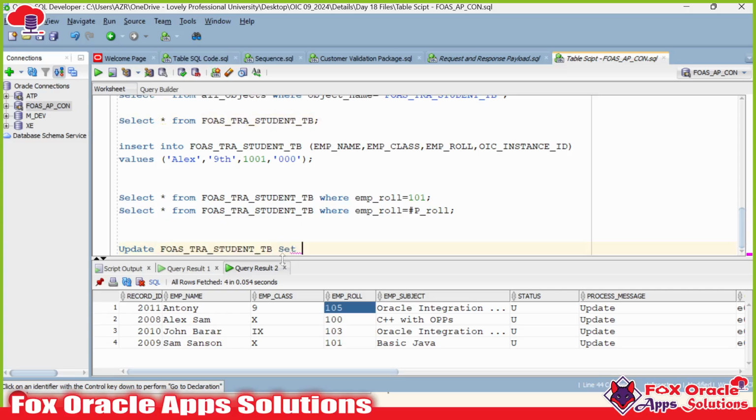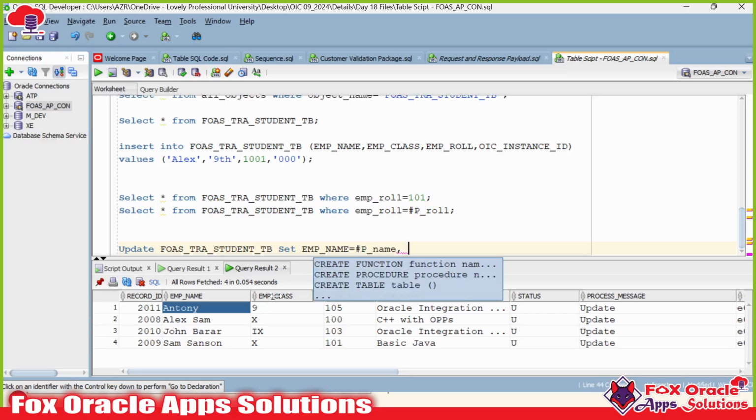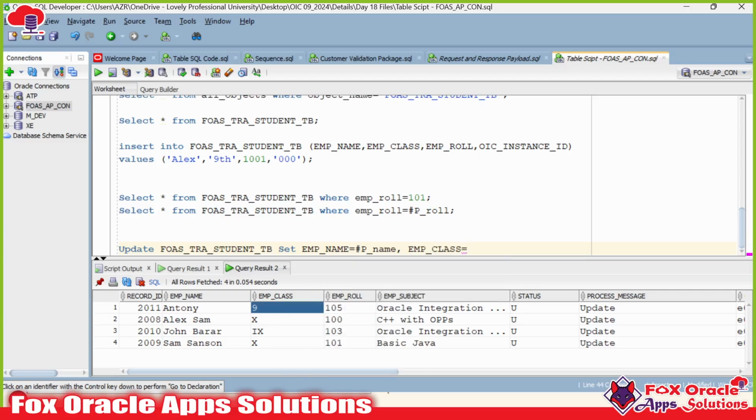table set, and which column we want to update? We just want to update the name. So let me choose the name here, name, and name is equals to what we want to update. So this will be runtime, right? So that's why we will use parameters p underscore name, and for which column we want to add. So let's update the row employee class also is equals to, again I will use hash p underscore class, and